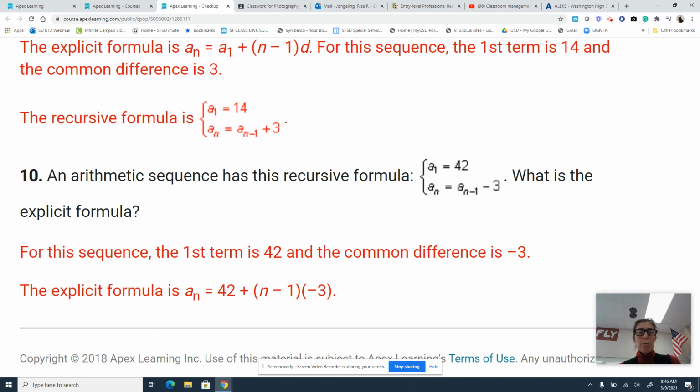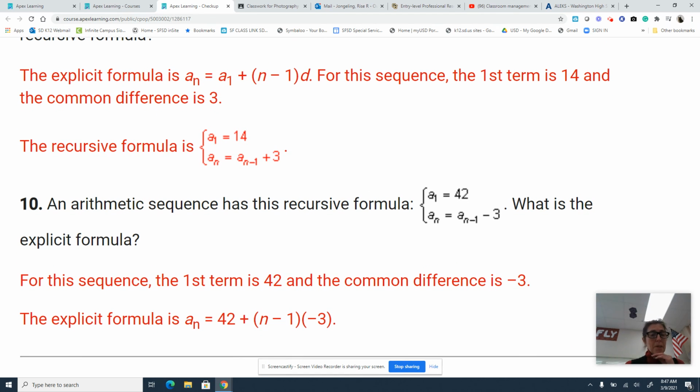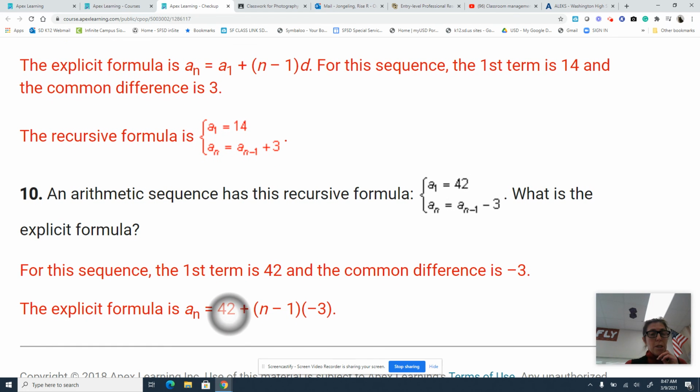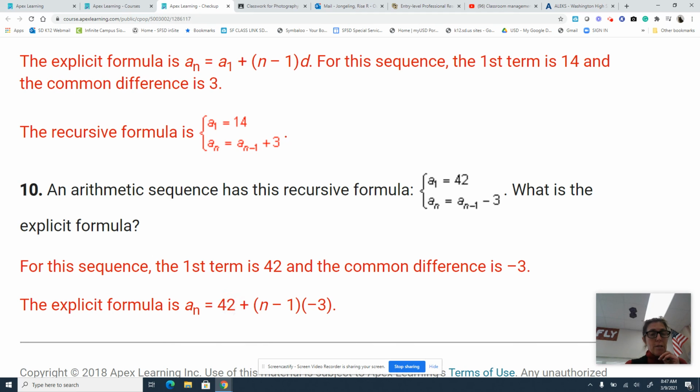The arithmetic sequence has a recurrence formula of A1 equals 42, and A of n equals A n minus 1 minus 3. So what is the explicit formula? Because they can be interchangeable. 42 was the number that we're starting with. That goes there. And then the number you're subtracting, or the difference between the 2 terms, is the 3. There you go. Write those 2 formulas down in your notebook,